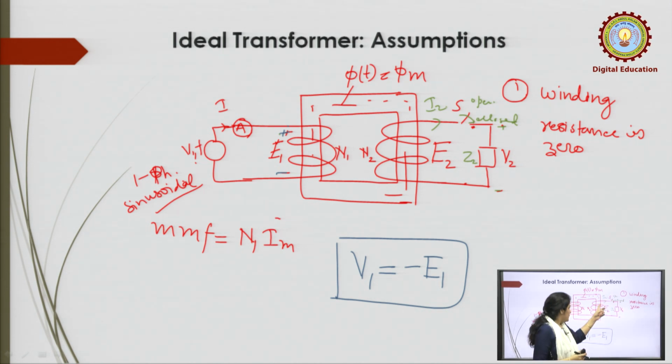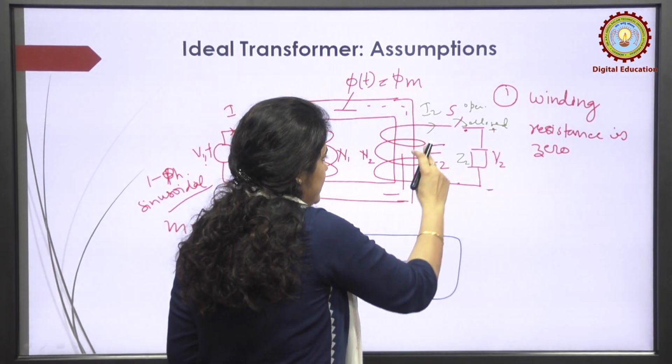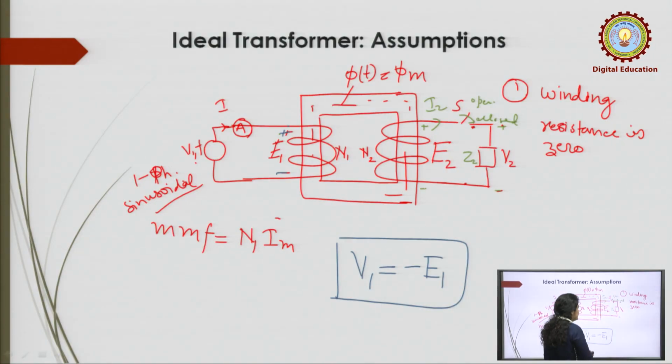When the current starts flowing, I have assumed the direction of the current is in this direction. There are two possibilities for the direction of current: either the polarity of this voltage is like this, or this is minus or this is plus. How will it take plus or minus? It will depend upon Lenz's law. The moment the switch S is closed, I2 will flow through the secondary coil,